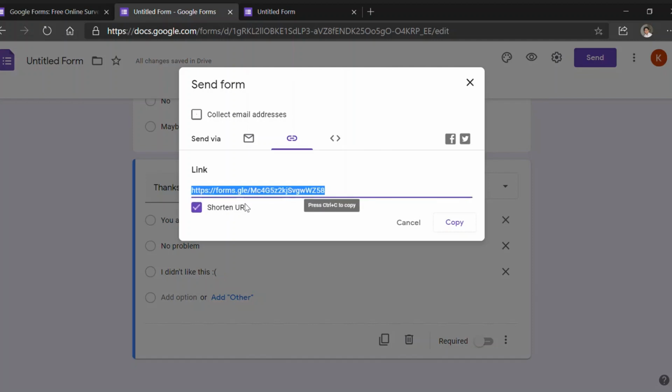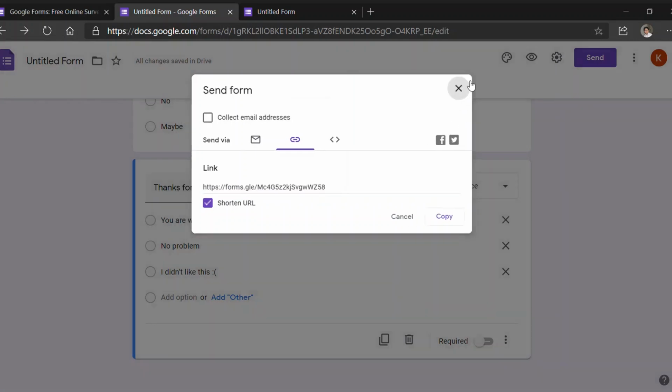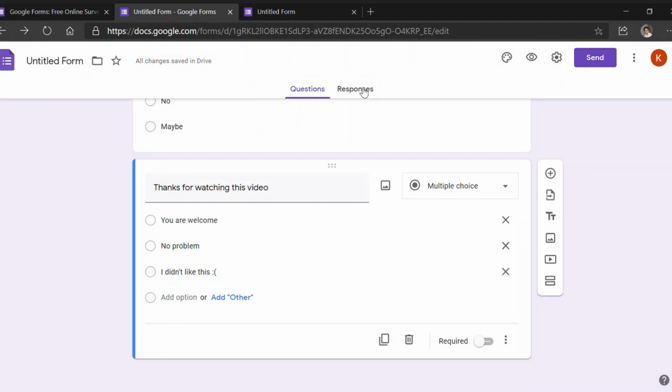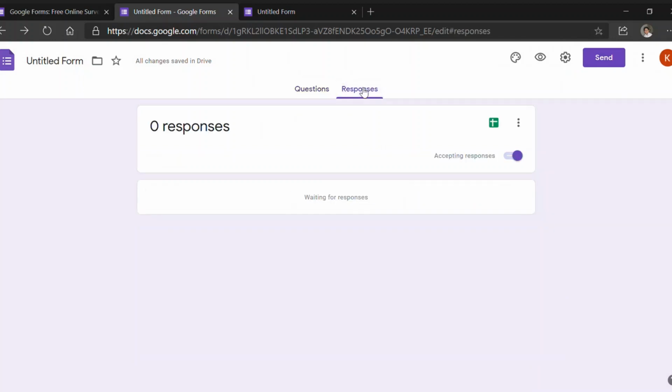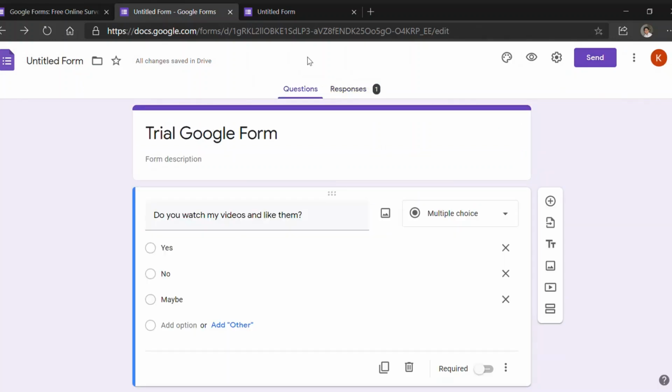To send it, just copy the link and paste it to your preferred location. Now, when someone fills this form, you will see submissions in the responses tab. Now, as you can see, someone has filled this form. So now, we can see the responses from the responses tab.